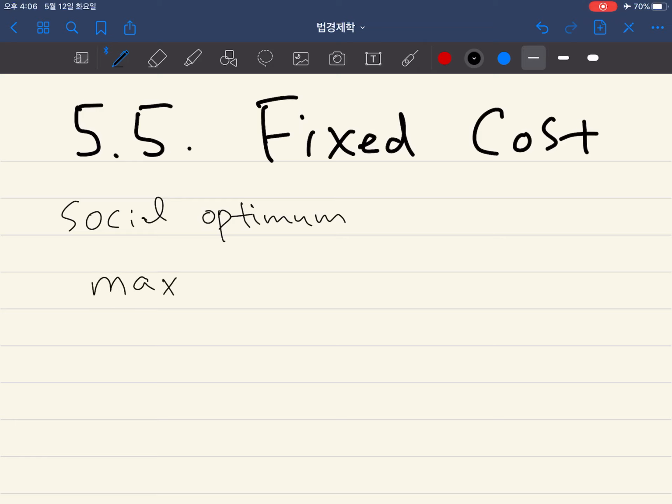So previously, social welfare maximization problem was, remember from our previous analysis, this was a social welfare maximization problem. So to maximize social welfare, we have to find optimal quantity and quality. So this is social welfare maximization problem. And if you look at this problem,